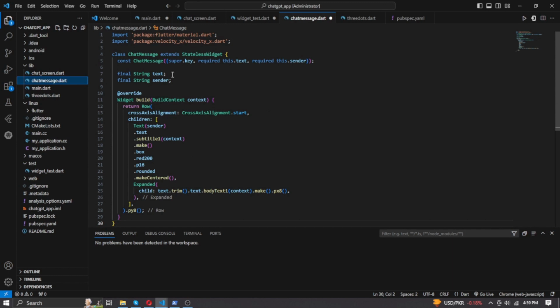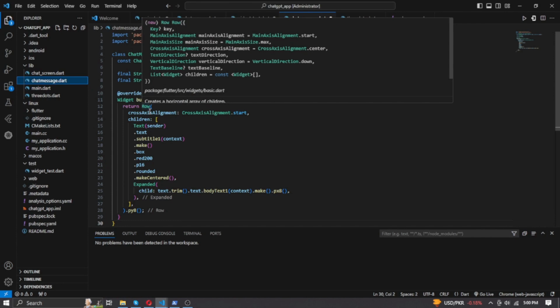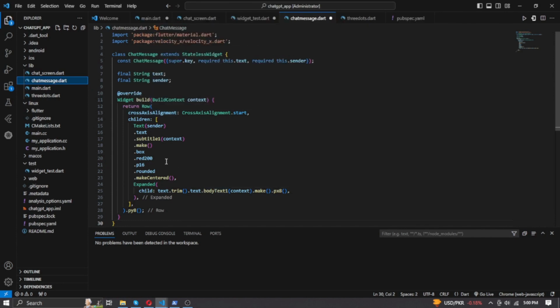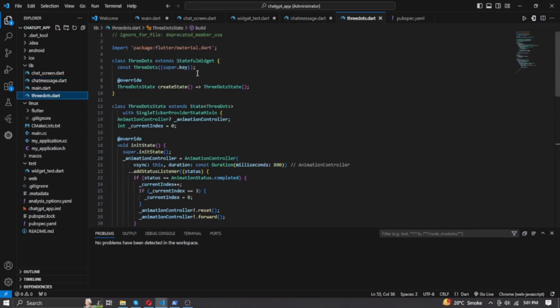Now in chat message dot, create stateless widget and add strings final, text and sender. Now add a widget build context and a row to it. Set cross-axis alignment to start and set its text, size, box, color and shape and the position of the text in the screen view. Now in 3 dots,